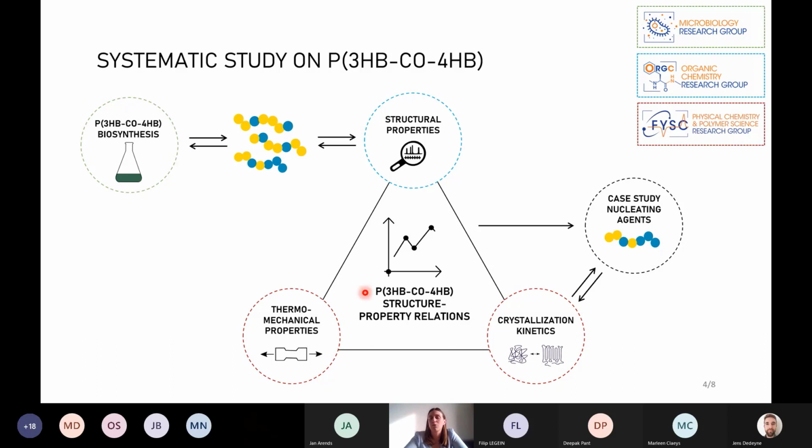The main goal is then to determine the relations, and I will also conclude my PhD research with a case study on nucleating agents, more specifically biocompatible nucleating agents, because the slow crystallization rate is one of the limitations of PHA. So to do this study,